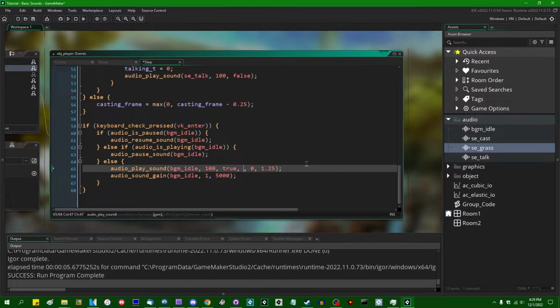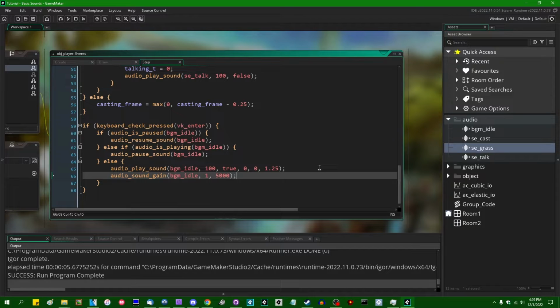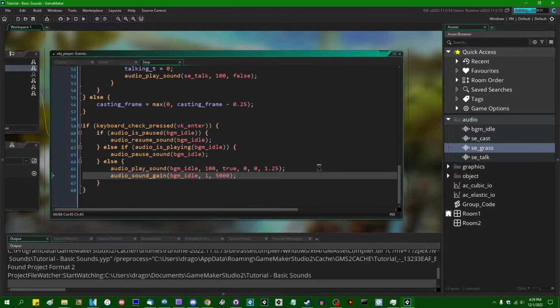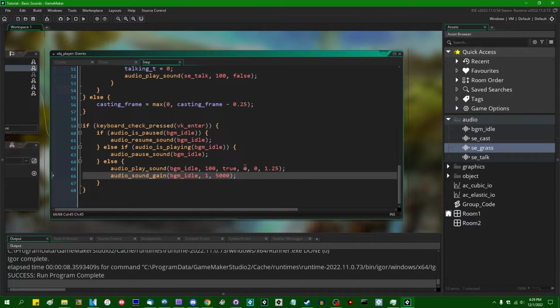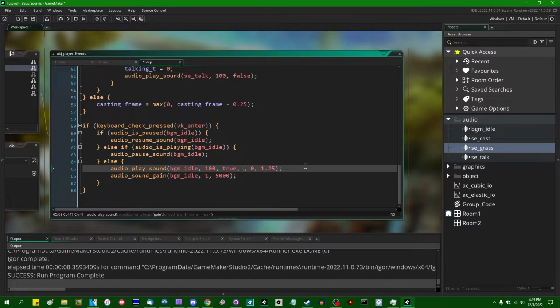A little bit of an irritating detail that I observed with this is that if you audio play sound at 0 volume and then try to set the gain to 1 over 5,000 milliseconds, I've not observed that this will actually work. So I hit the enter key, but I don't hear anything, and it's going to be playing, but it's still going to be at 0 volume. From what I can tell,